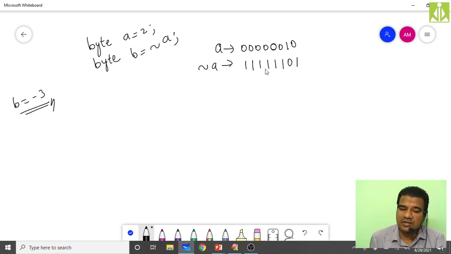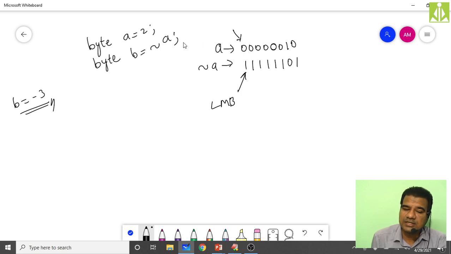So this is a negative value. Why is it a negative value? When you applied the not operation, the value becomes negative. Because the first bit, the leftmost bit, that is LMB, is the sign bit that represents the sign. All numbers in Java are signed types, except character, all the types are signed. That means the leftmost bit represents the sign of the number.